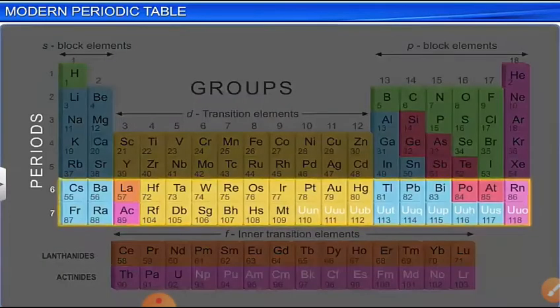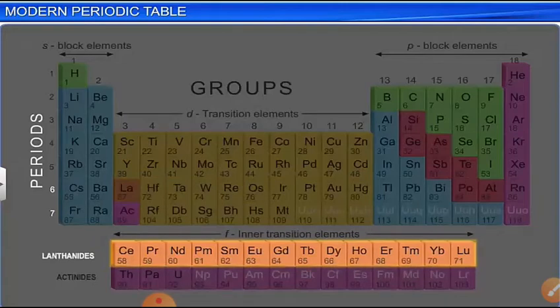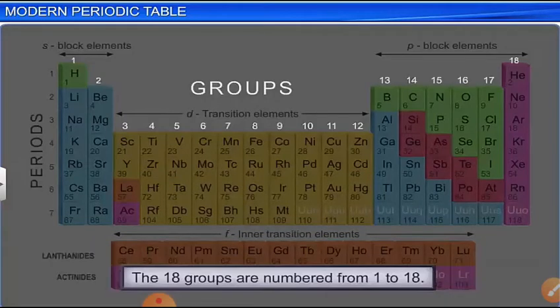So the longest periods of the periodic table are the 6th and 7th, in which you can see that in the 6th, the main table has 18 elements and the remaining 14 are lanthanides. And in the 7th, again you have 18 elements in the main periodic table and 14 from thorium to lawrencium called actinoids. So lanthanoids and actinoids are part of the 6th period and 7th period respectively. Lanthanoids belong to the 6th and actinoids to the 7th.